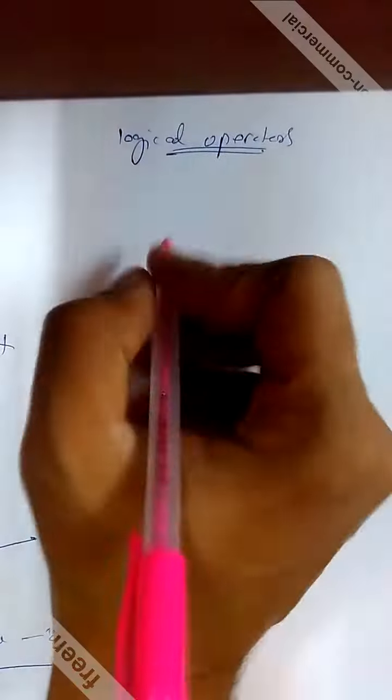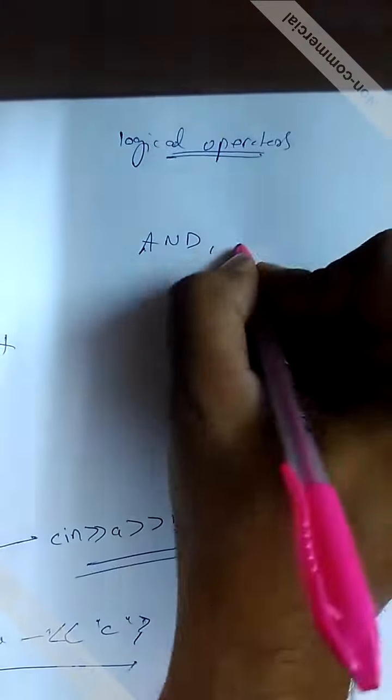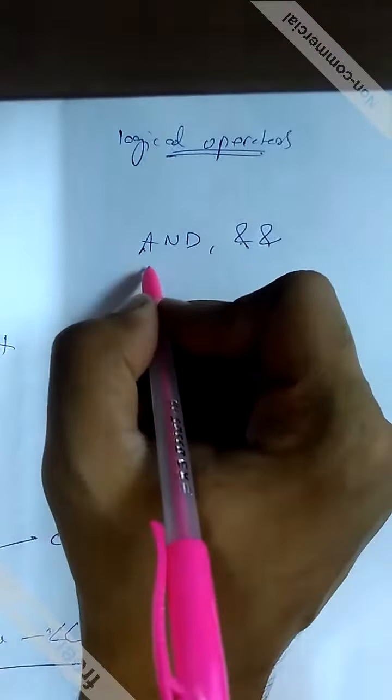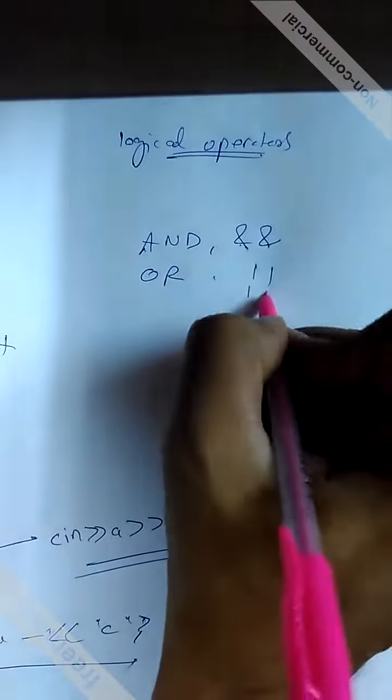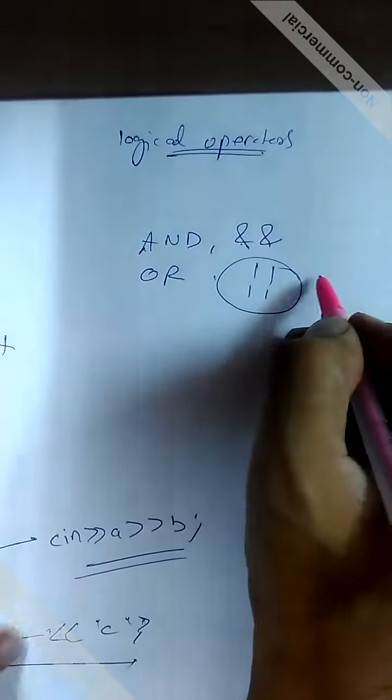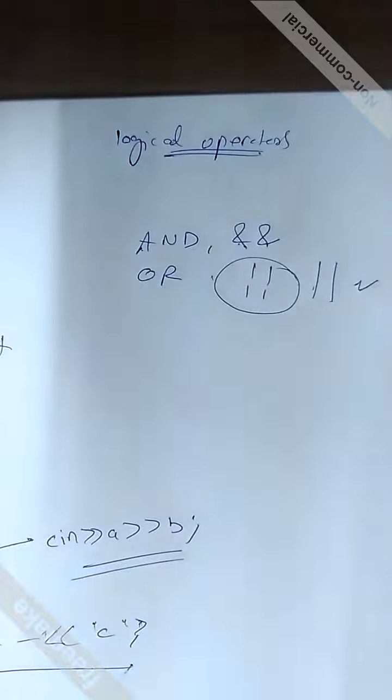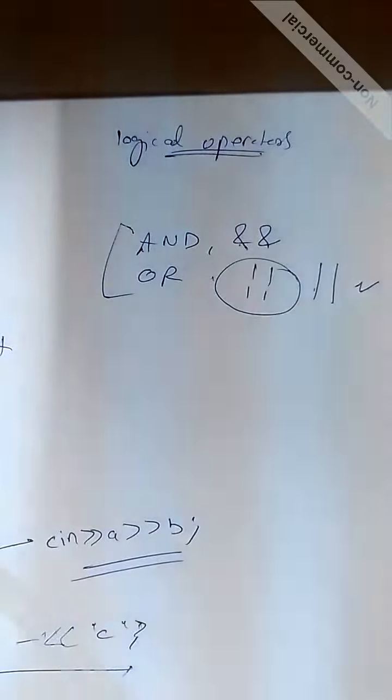Logical operators are the AND operator, which is denoted by AND, and we have OR operators, denoted by like this, or you can use this also, it's the same thing. In the flow of control topic, I will discuss the logical operators in more detail, how we use these operators and how we implement them. That's all for the C++ operators.